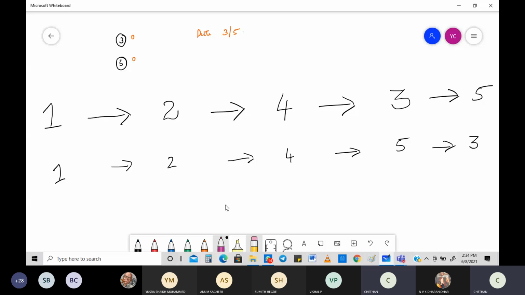You see this? This is nothing but my topological sorting using the source removal method. How did I sort things? This is the order. The meaning of this is that job 1 will be done first, then job 2, then job 4, then either job 3 or job 5. This is known as topological sorting using the source removal method. This was the first example of topological sorting.